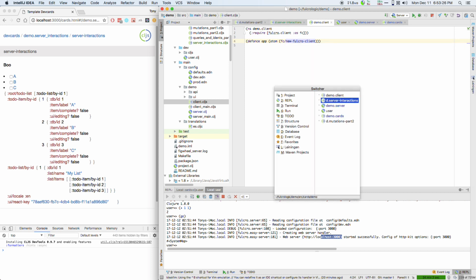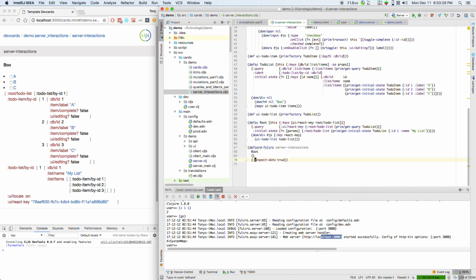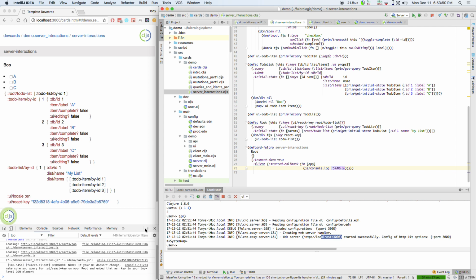When you're working in the dev cards, you can actually pass any of those options by just adding a Fulcro key right here. So we're going to add a started callback, and this is just a function that gets the started application and is called when the thing starts. So I'm just going to log something,